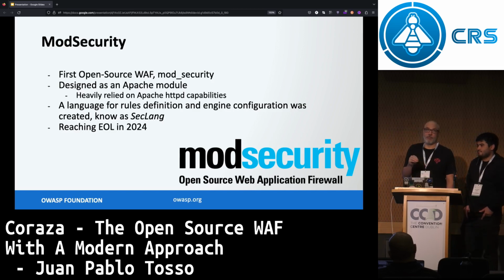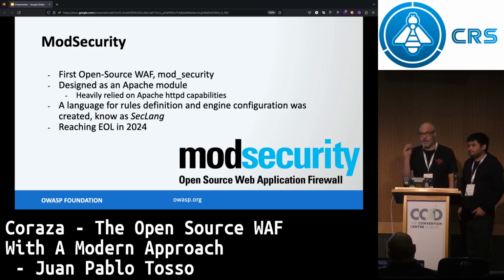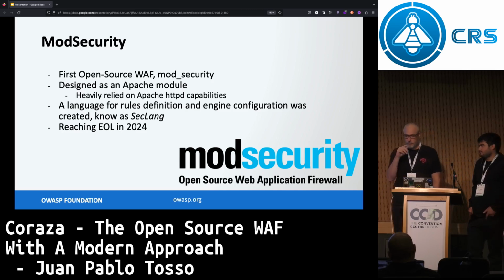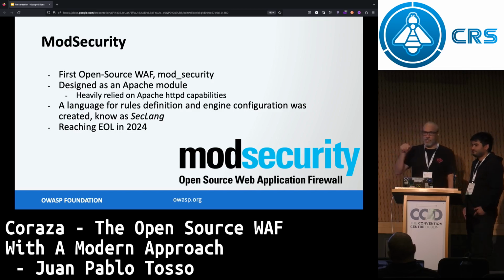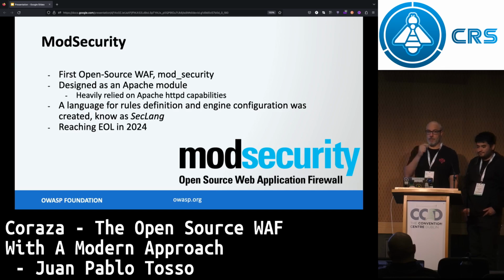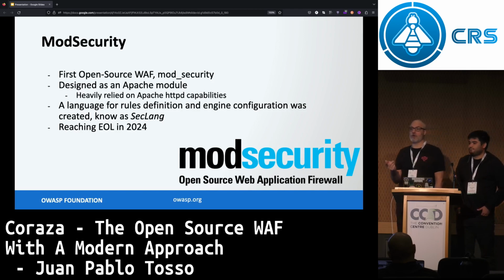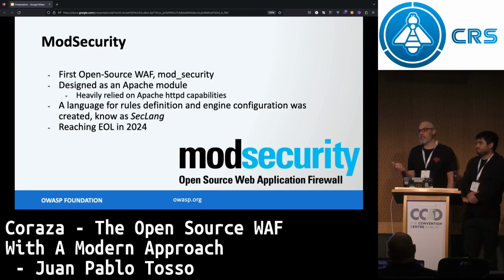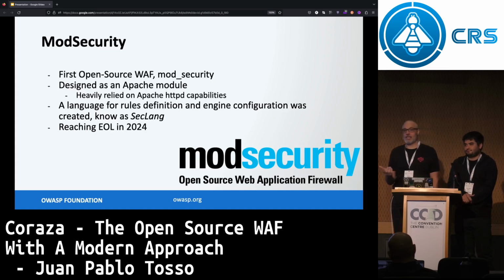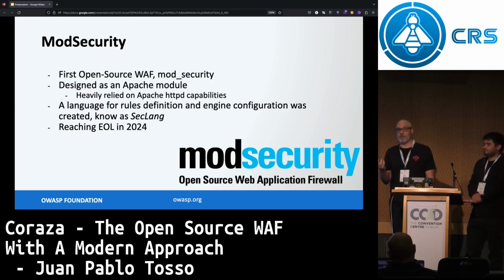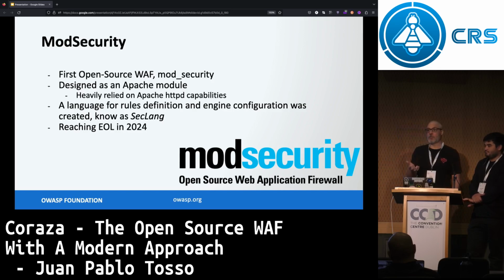And for example, there are many cloud providers that have way more phases than these 5 limited phases. And this was because of the initial design. The initial design was really focused on Apache and so on. But the thing is that with mod security and the actual module, and because we needed to use Apache configuration for definitions, a new language was born, which is now known as seclang, which is basically a de facto default for doing these WAF configurations in the open source world.